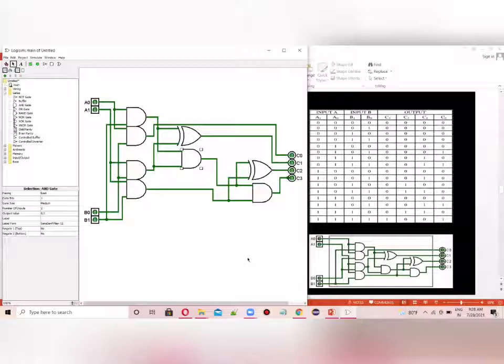So let's check whether these inputs are okay. Now let's check it. When all the inputs are 0, 0, 0, 0, the outputs also will be 0, 0, 0, 0. That is completely correct. So the first is done. As we all know, there are 4 inputs here, 2 to the power 4, 16 situations can be created. So by using this, we are creating these situations. We can see that is completely okay.